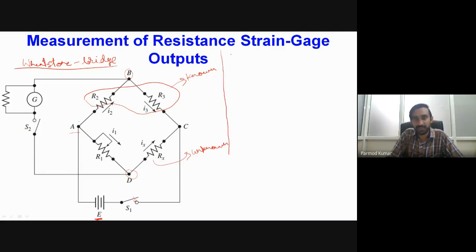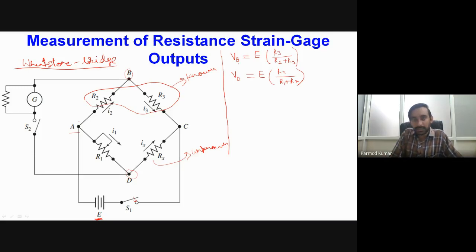Okay, so if the bridge is in an unbalanced situation, I can determine the value of voltage corresponding to point B. Corresponding to point B, my voltage will be equal to E times R3 divided by R2 plus R3. Similarly, to determine the voltage at point D, the voltage will be E times Rx divided by R1 plus Rx. This comes from our basic electrical engineering knowledge; here we are doing voltage division.